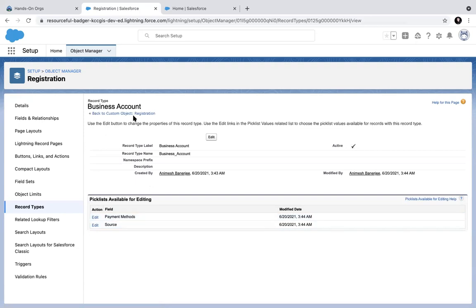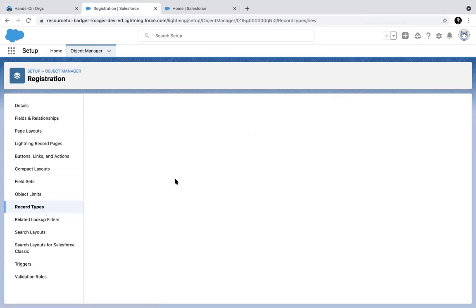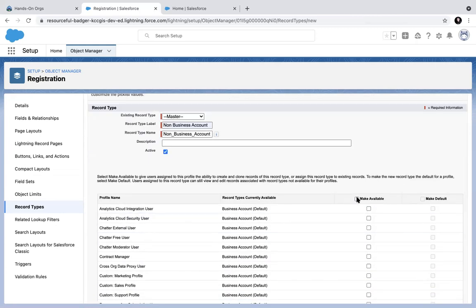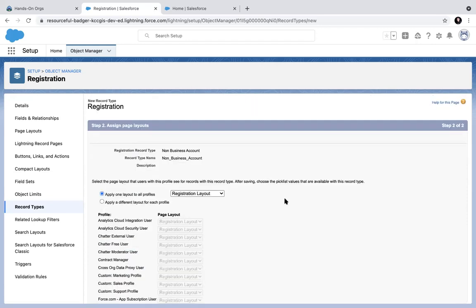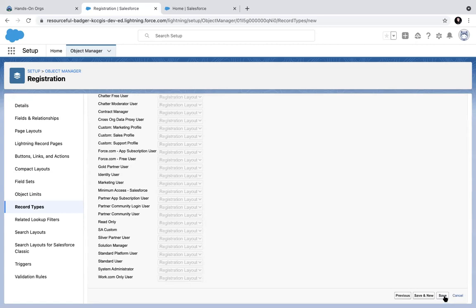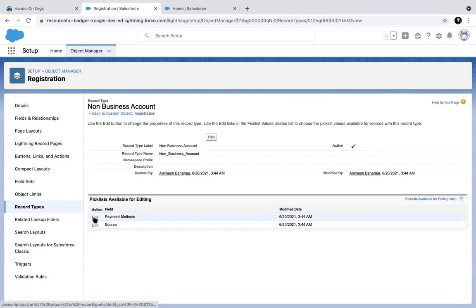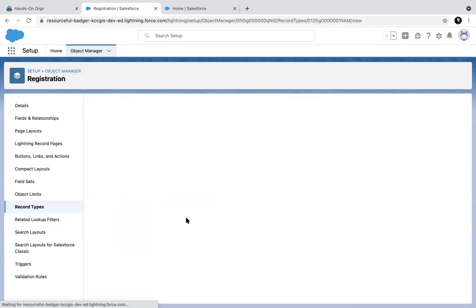And I can create another record type called non-business account. I also make it active. So now I have created two, and here I can also choose. So for payment record, maybe credit card is not required. And in source, maybe call is not required.